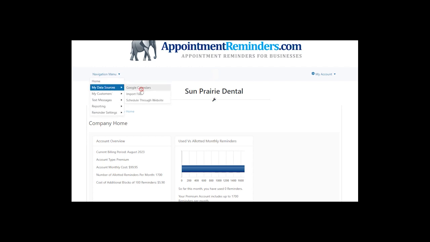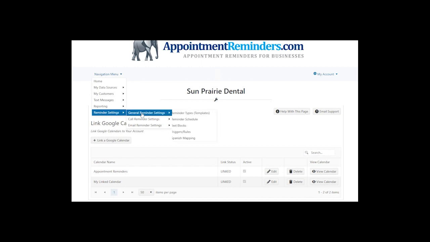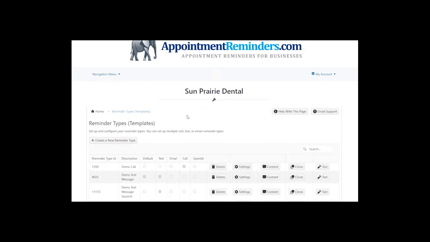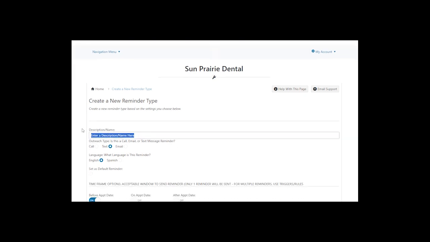So if I go to my data sources, Google Calendar, I do have a couple calendars linked. I'm going to use this appointment reminders calendar for today. So the first thing I'm going to do is set up the reminder itself. So I'm going to go to reminder types. I'm going to create a new reminder type. We'll call this rent due